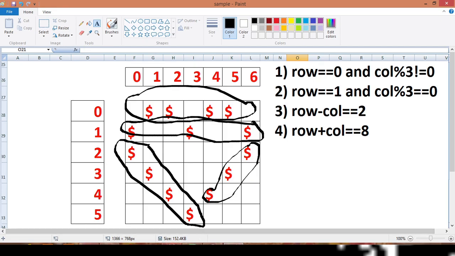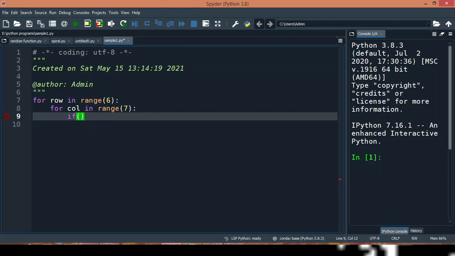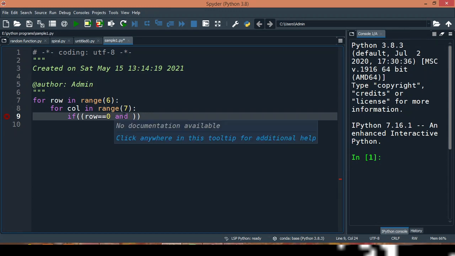So let us write the condition for the row. When row is equal to 0 and at the same time I want both conditions to be satisfied, that means we have to use the logical AND operator here, and we are going to use col modulus 3 is not equal to 0. Now this is the condition we have written for our first row.